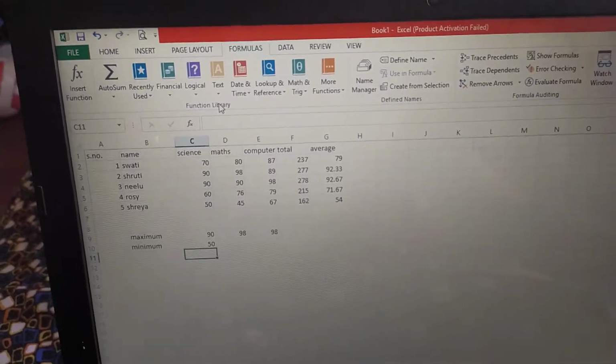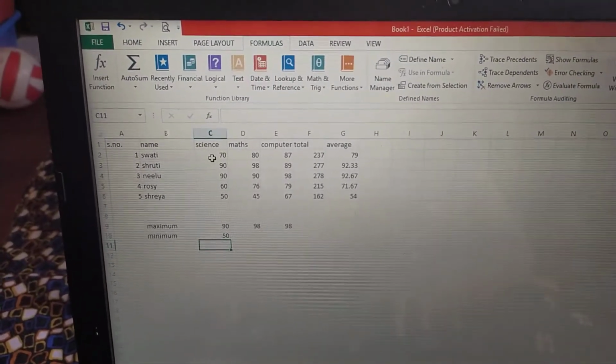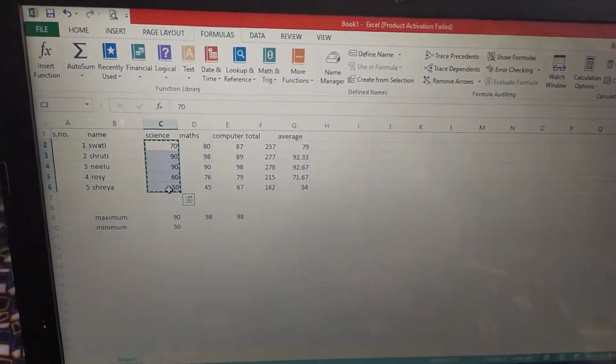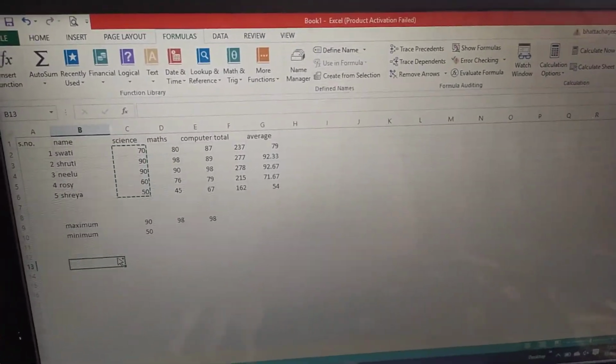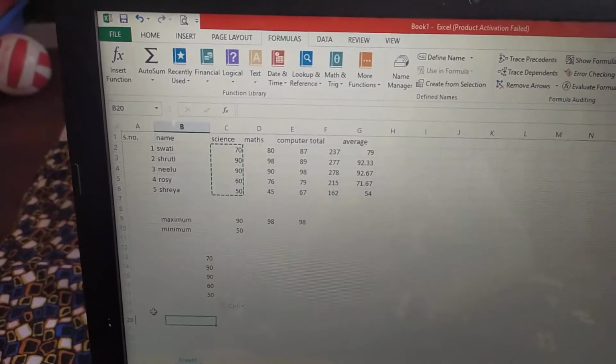How we are going to use the LCM? Suppose we need to find the LCM of this set of numbers. Let us copy the numbers first. We need to find the LCM of these numbers.